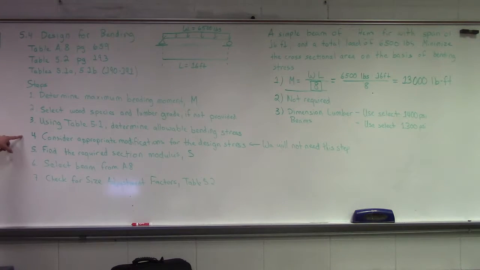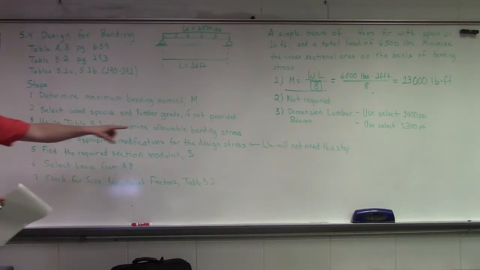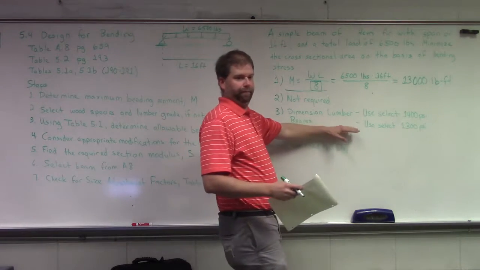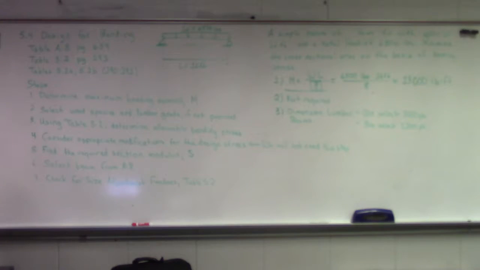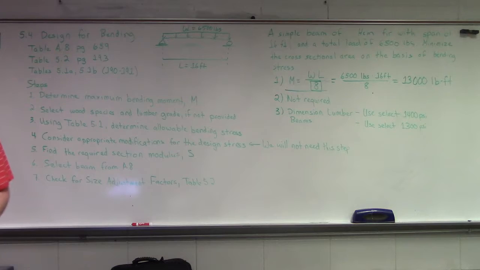Number 3, use table 5.1 to determine allowable bending strength. So we've done that, that's where this came from, right? It came out of table 5.1B. See the 1400. Let's see the 1300. 1300 is just your,